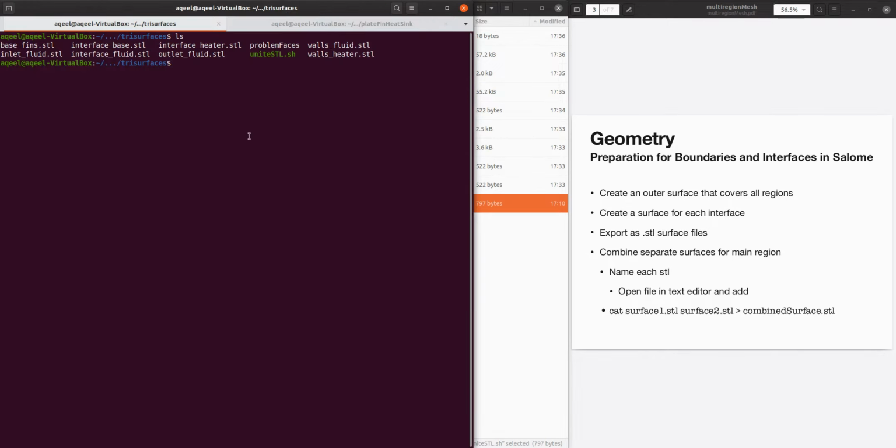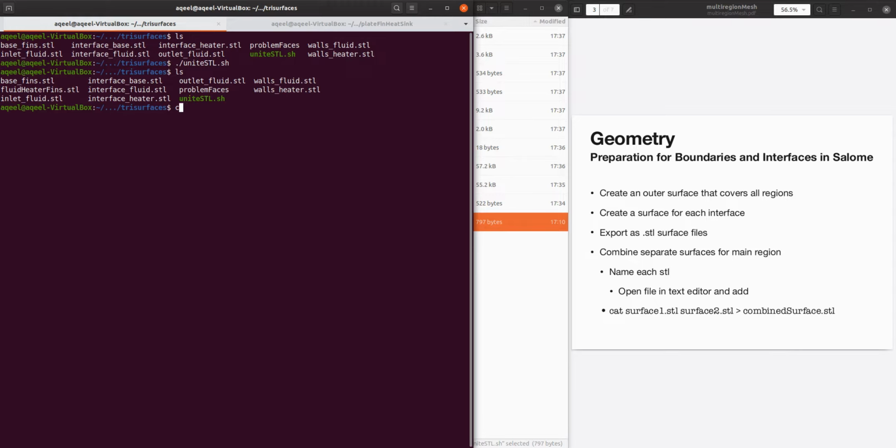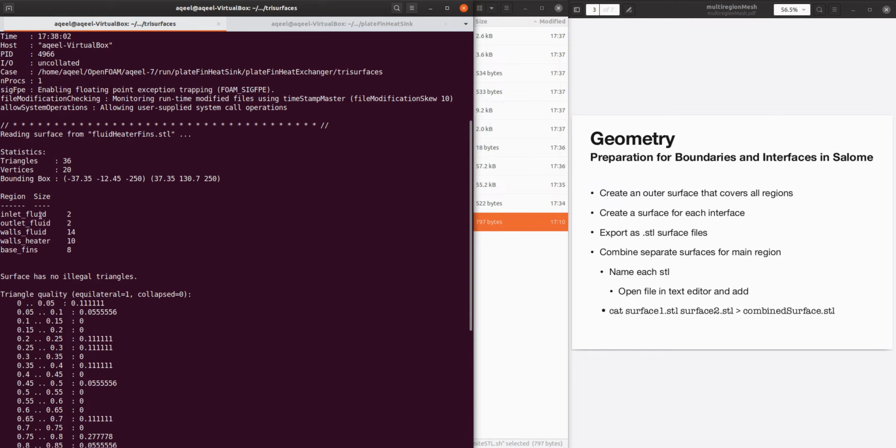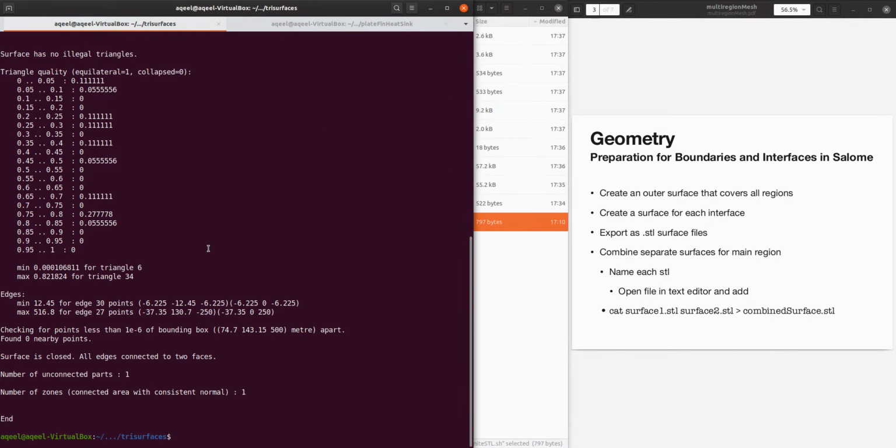I can just run here and check with surfaceCheck, and so we have inlet fluid region, outlet fluid region, walls for the fluid, walls for the heater, and the base of the fins. And we can also visualize in ParaView.